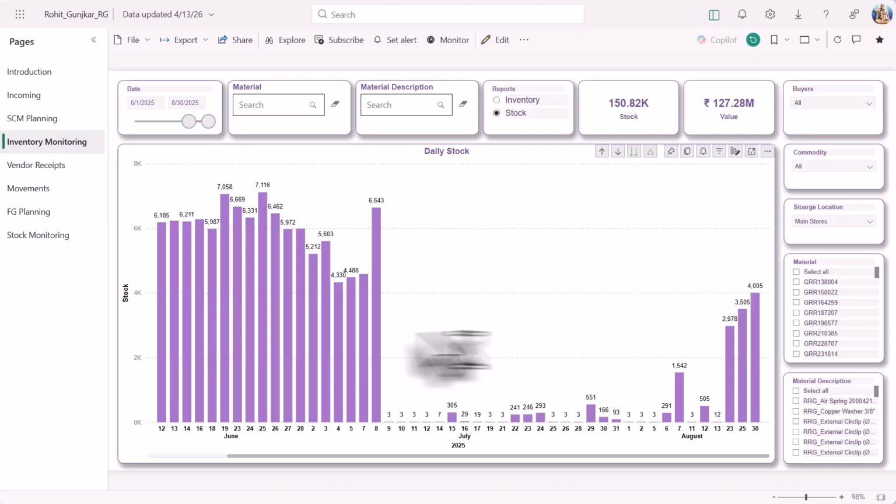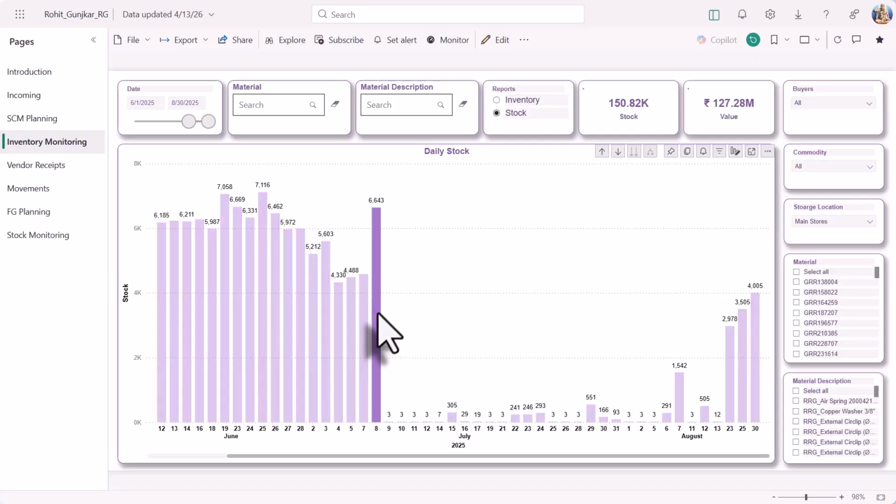In this report we also have, this is a stock graph, but we also have inventory value. This is the number of stock we had and the inventory value we had. So on the 8th of July, the inventory which I was holding in the main store is 5.25 million, and that is what this report is saying. So this is very important to analyze the patterns, commodity wise stocks, commodity buyer wise stocks,